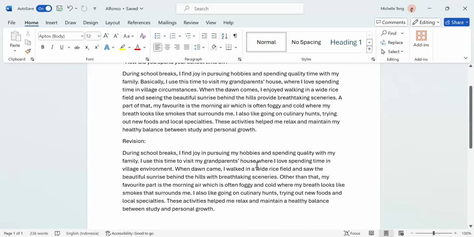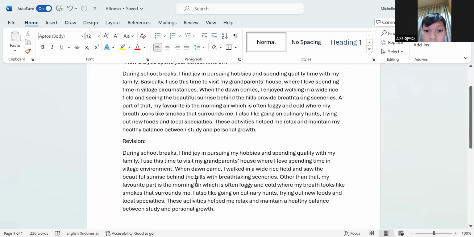instead of saying provide, when you're saying provide, it is as if the sunrise actually provides the sceneries. So instead of saying provide, I changed that to the word with right here. Because you're trying to describe the sceneries, they are breathtaking. The sunrise is breathtaking, so change that with